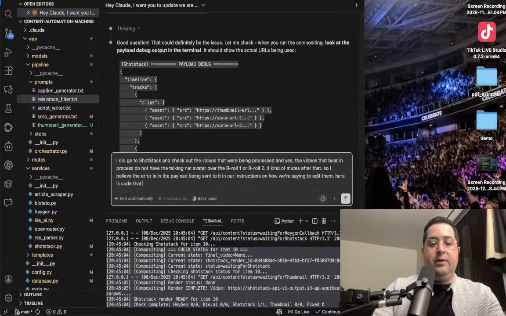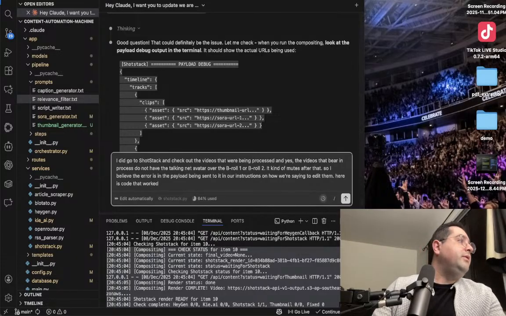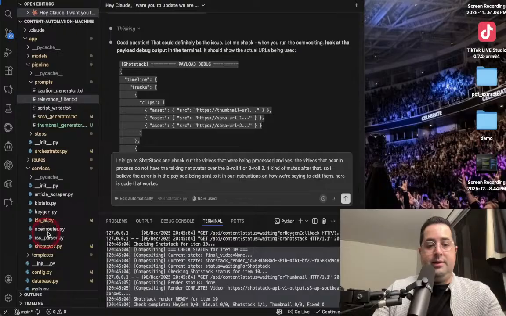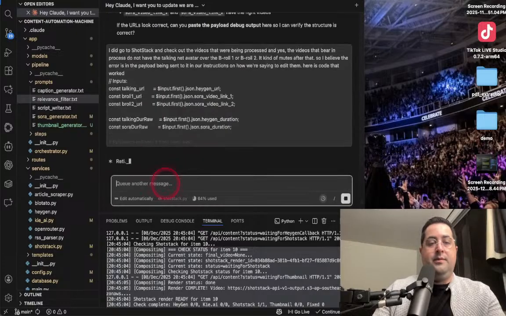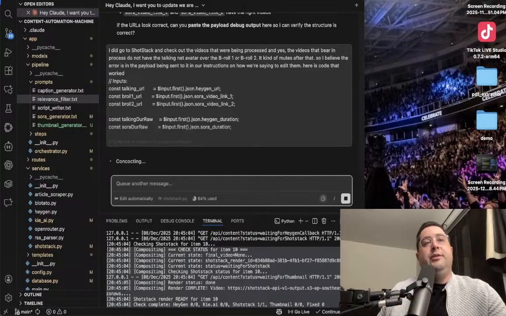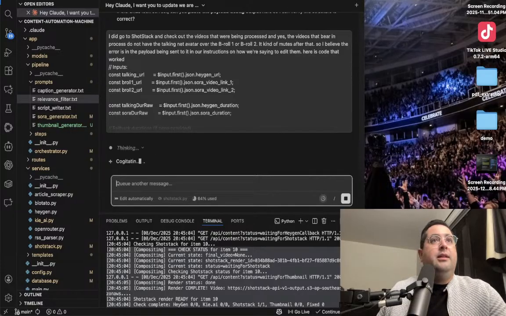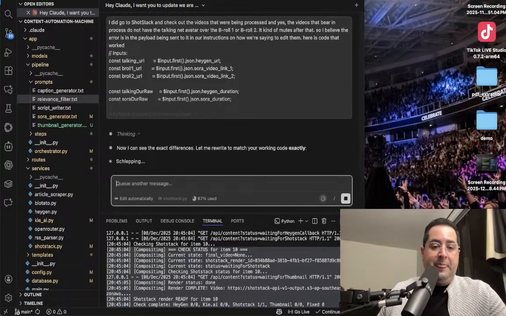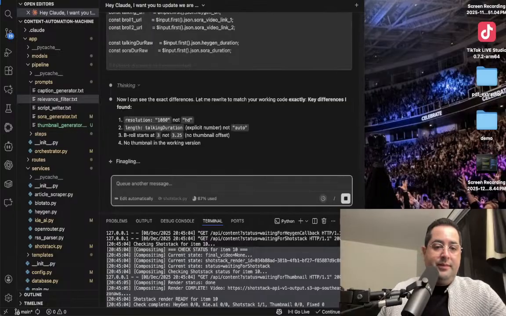Here is code that worked for reference. Because I know I got it to work, and I know where that code is. Here it is. So then Claude, you fix it. You got to be patient with Claude. Claude had a long day. He's been building all of your guys' projects. And now he's hanging out with me, building my projects. Because it's like, Claude, resolution, length,